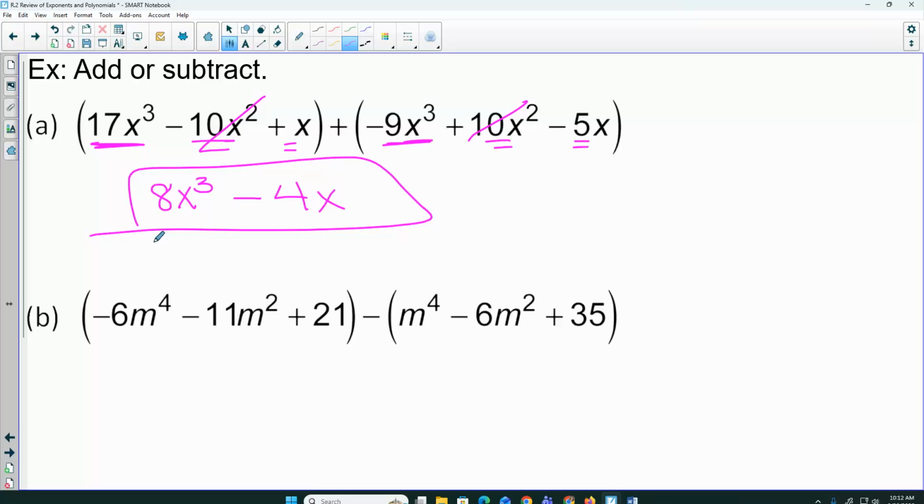What changes if I am subtracting the polynomials? Yeah. Take your negative, we make this a plus. Change the sign on everything in that second parenthesis. And then we just add like terms. So we get negative 6m to the fourth plus negative 1, so negative 7m to the fourth. Negative 5m squared. Positive 21, negative 35 gives me a negative